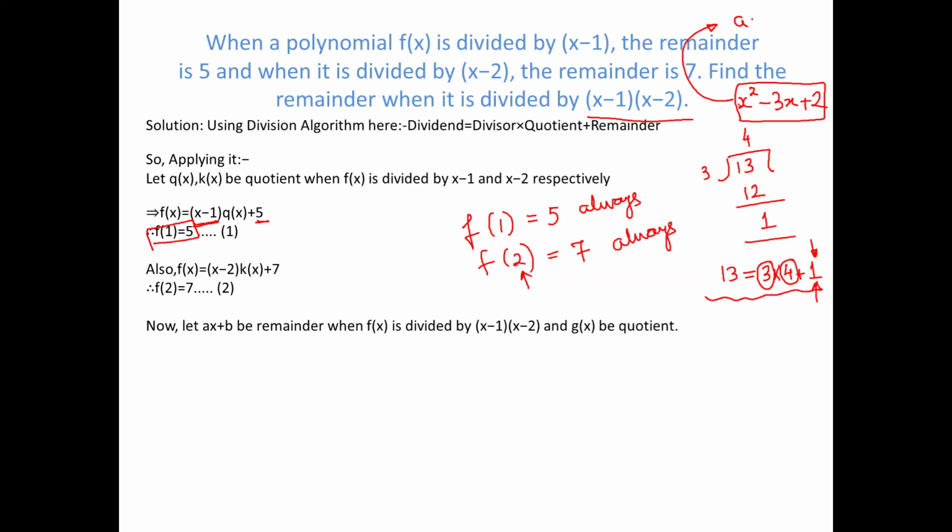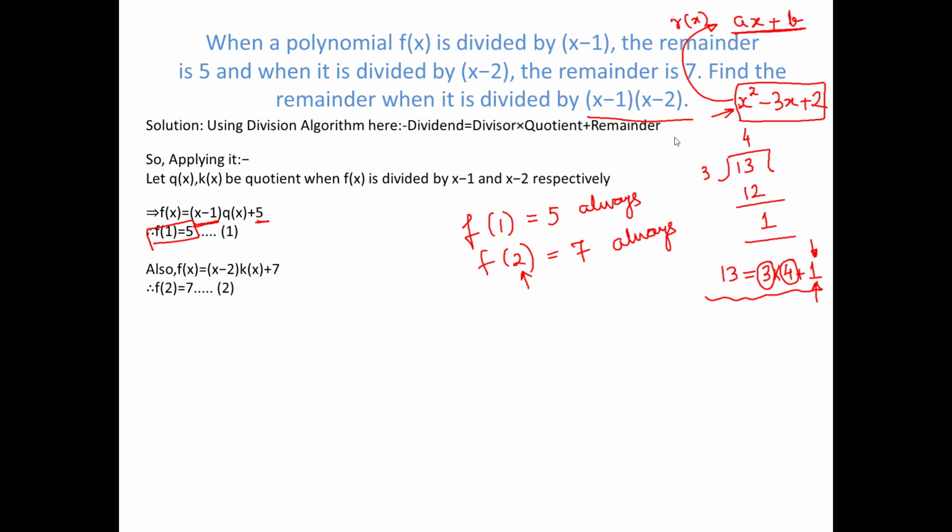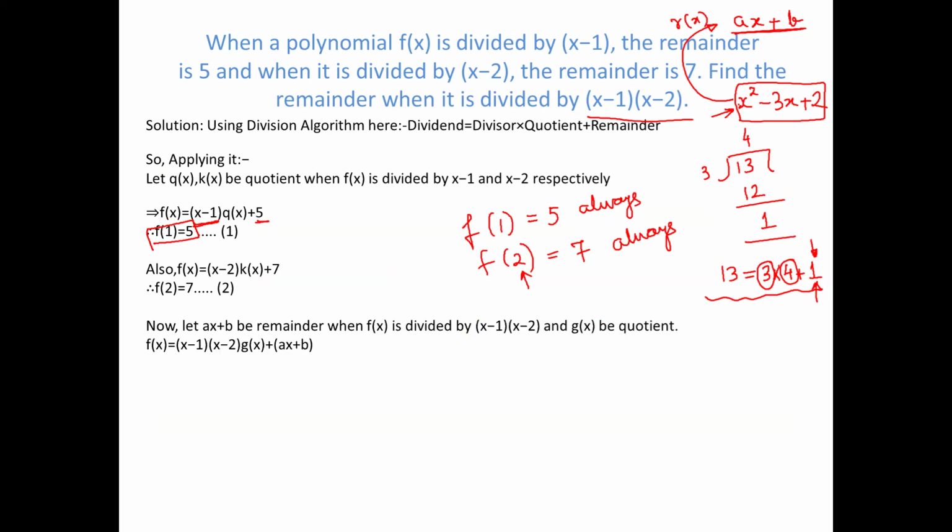If it exists, a can be 0, which we will find out, and b can also be 0, but this will be the remainder in case this is the divisor. So we move ahead and write it down. When it is divided by x minus 1, x minus 2, the remainder will be of the form ax plus